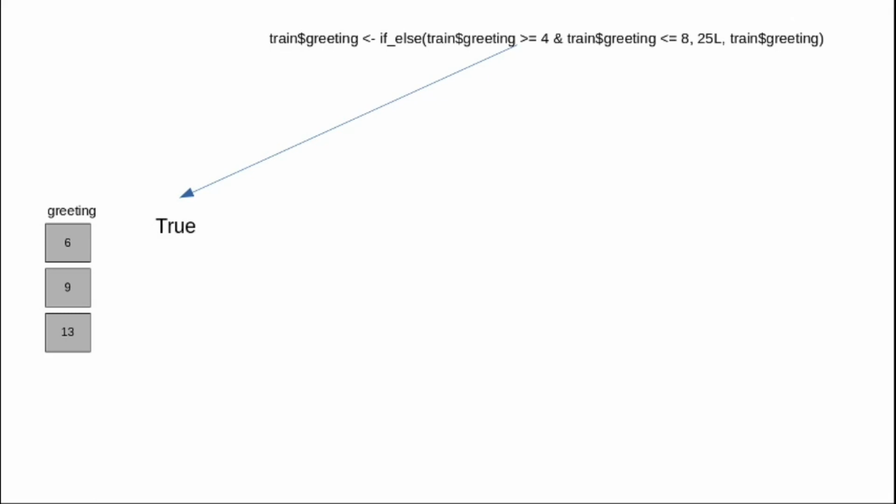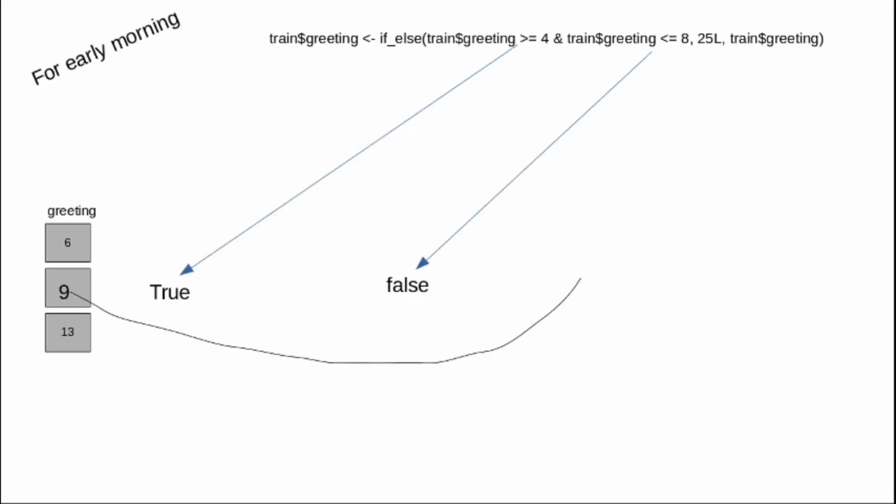Then I write an AND operator, as you see in the command at the top of the slide, and after that I write the condition less than or equal to 8. This is also true. That means it executes the next line, 25L, you can see. If both conditions are true, it executes the 25, otherwise it executes the train dollar greeting.